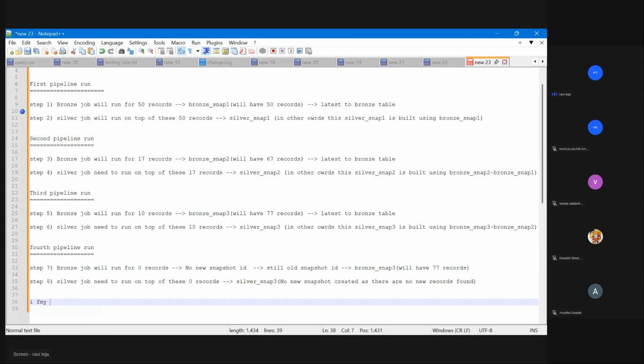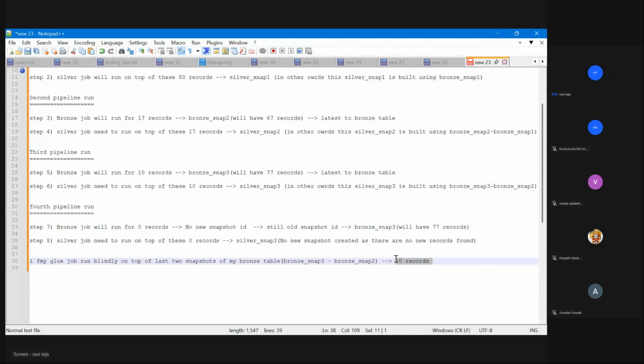If my glue job runs blindly on top of the last two snapshots of my bronze table, that means bronze snap 3 minus bronze snap 2, then I will get 10 records. These 10 records I already processed here and created silver snap 3. Now again I will process these 10 records and create a silver snap 3, which is definitely incorrect.